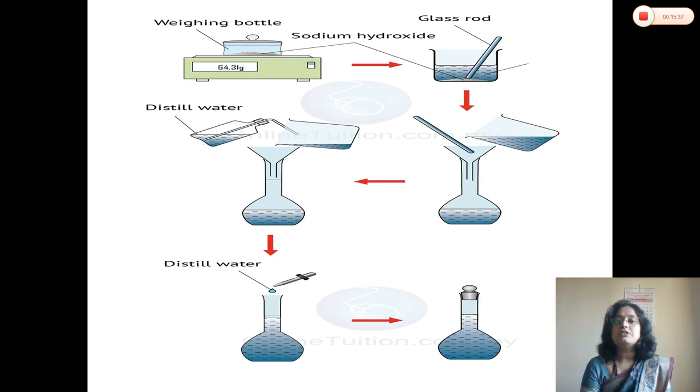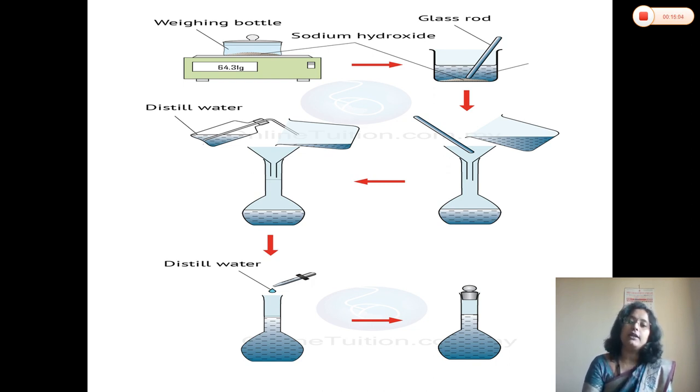After that, transfer the solute into the beaker, and if certain particles are attached to your weighing bottle or clock plate, wash those particles with distilled water and transfer the whole amount of solute into the beaker, and add a little water and dissolve that